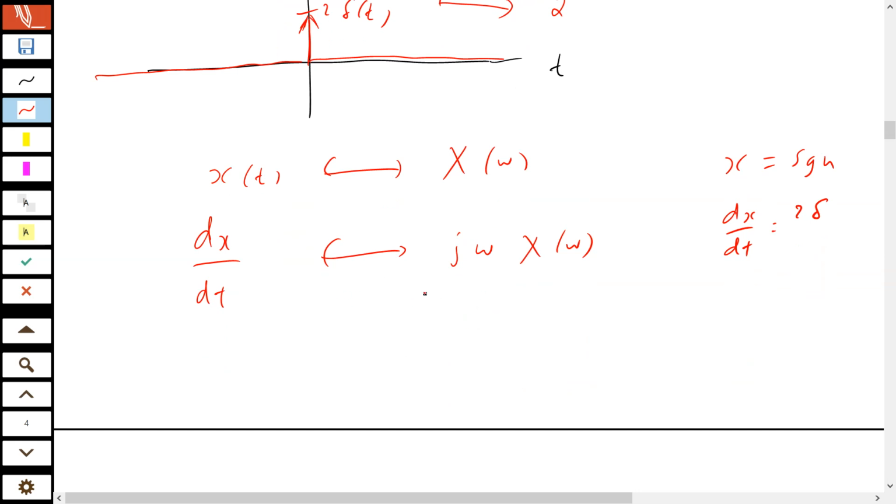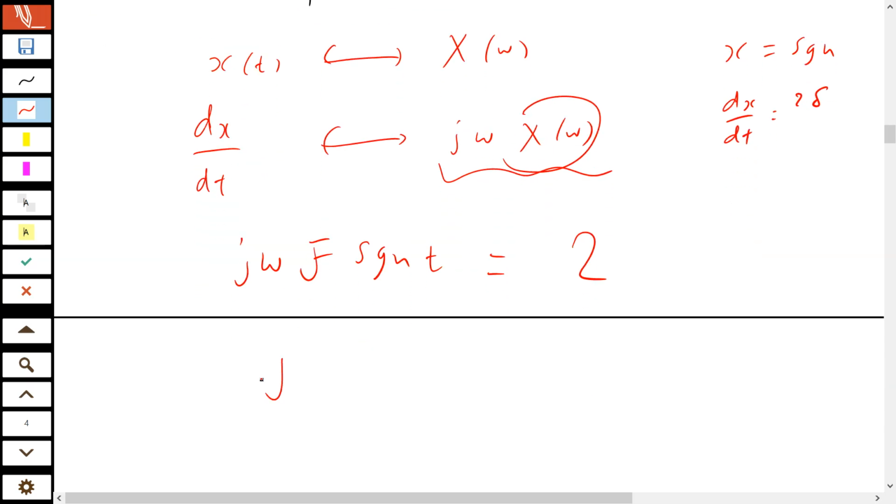So what is the transform of 2 delta? 2. So 2 equals j omega X of omega, which is the transform of signum, right? So what is the transform of signum? Two over